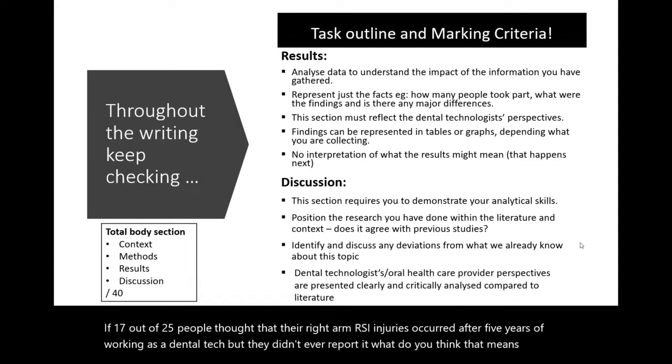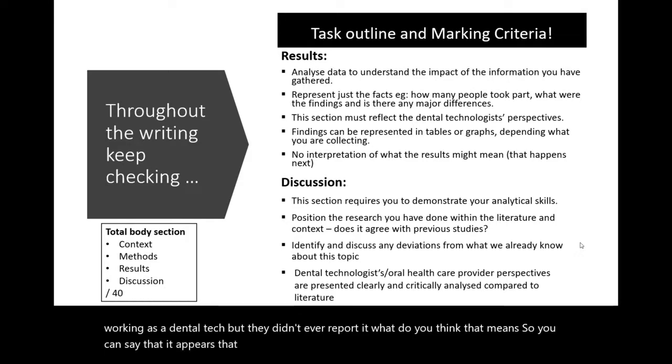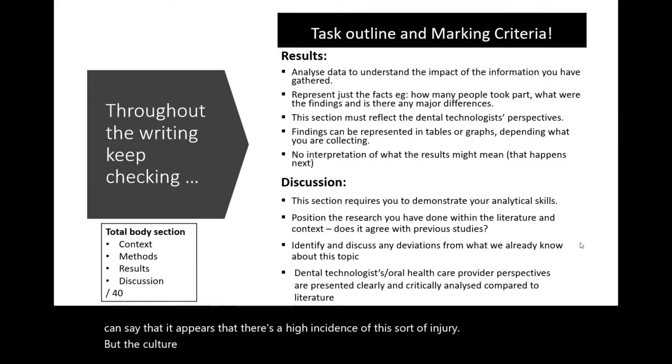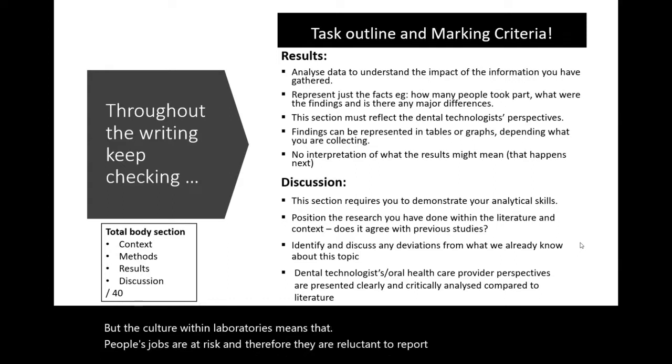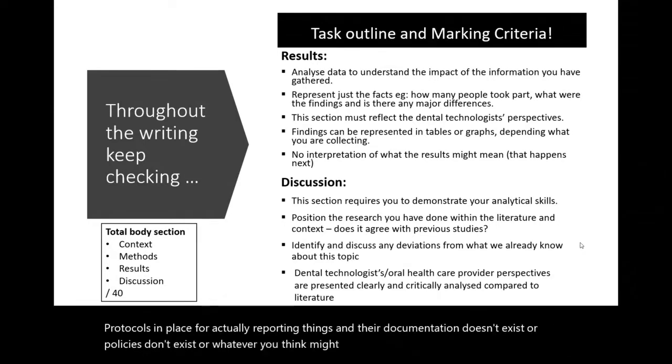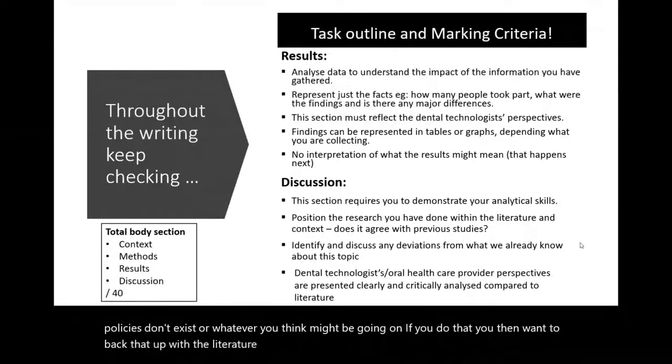So you can say that it appears that there's a high incidence of this sort of injury, but the culture within laboratories means that people's jobs are at risk and therefore they're reluctant to report it, or that there's not good protocols in place for actually reporting things, and the documentation doesn't exist, or policies don't exist, or whatever you think might be going on. If you do that, you then want to back that up with the literature that surrounds